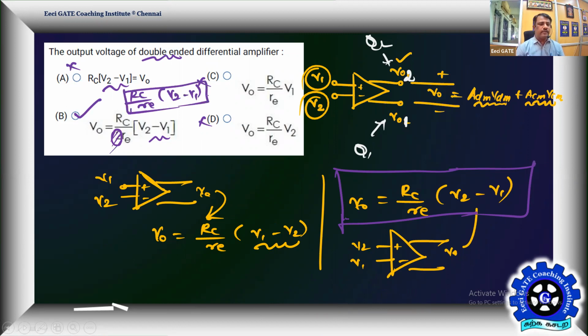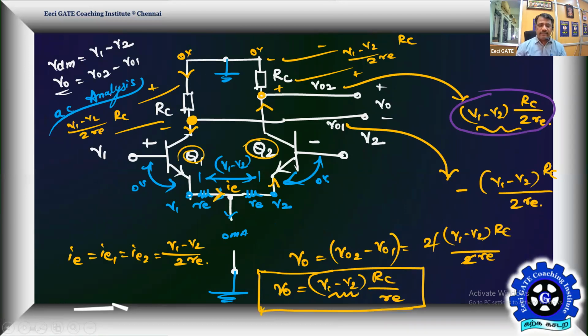Okay, yes, that's a dual ended output. If it is a single output, either the output will be positive or the output will be negative. So see this. If the output is taken at V0 as a single output, meaning if it is taken at the second collector, it will be positive. If it is taken at the first collector, it will be negative. So we prefer to get the output positive. Okay, so I went for this.